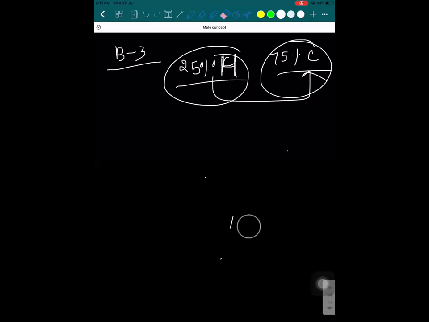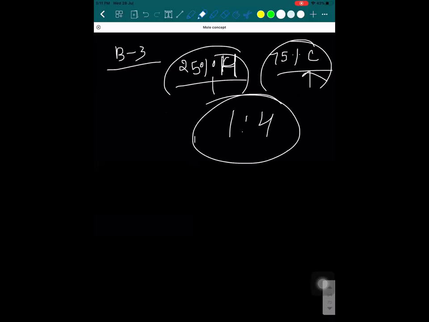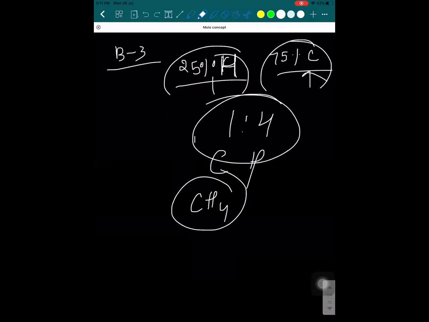If you want to do it by mass, you can do. Calculate the simplest whole number ratio. Simplest whole number ratio is also coming out to be 1 to 4. Yes or no? I know that it is given by mass. Very simple math, it is not even a question of chemistry. It is a question of maths where you are having a doubt.